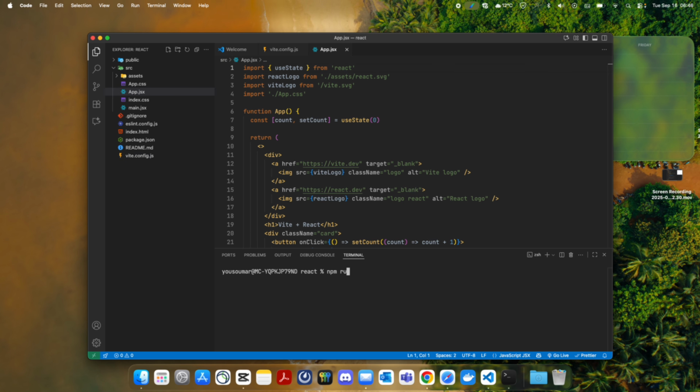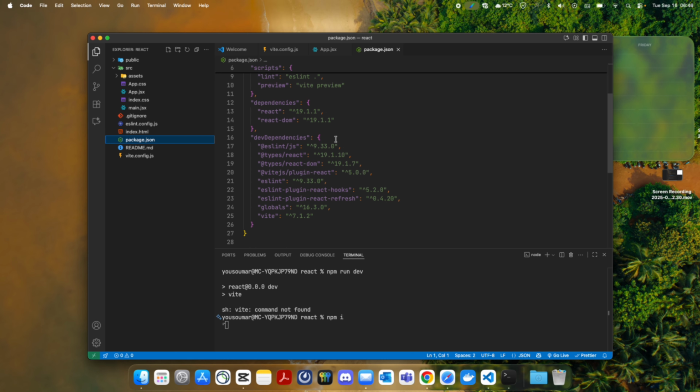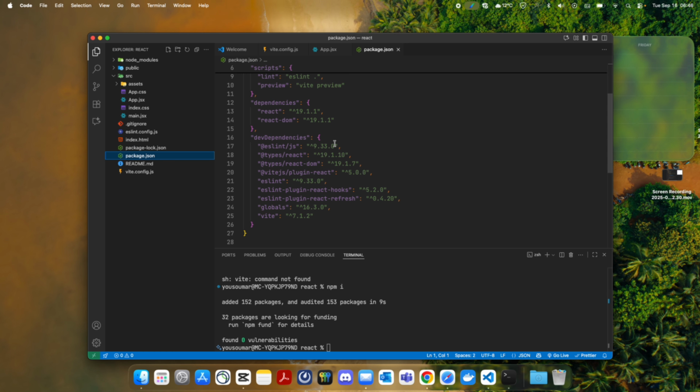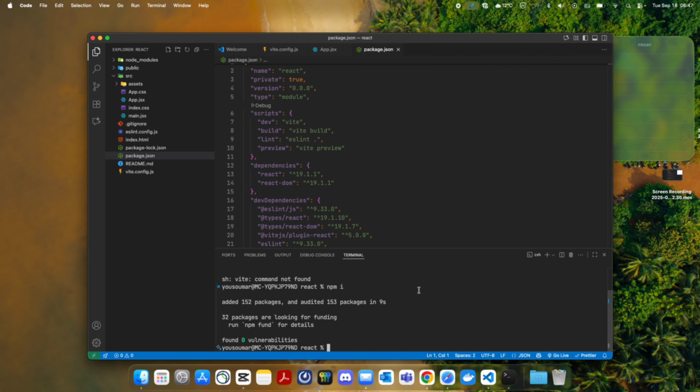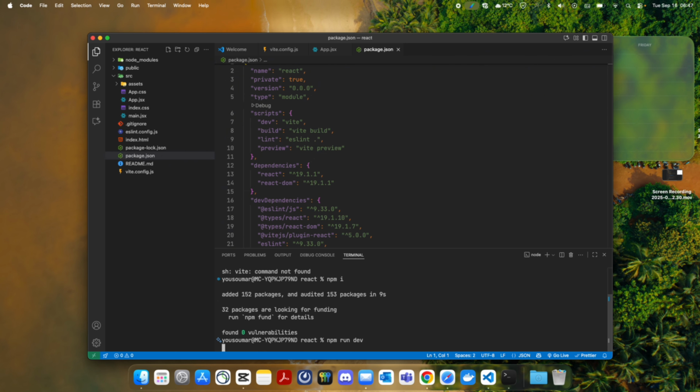So npm run dev. First we need to actually install all the things that are in our package.json. So we have React, we have React DOM. I'm going to explain the difference in a bit, but also we have some dependencies for our development. For example, we have ESLint, so that we are able to lint our project. Linting a project is the process of automatically being able to know if your code quality is good or not. So now I can actually say npm run dev,